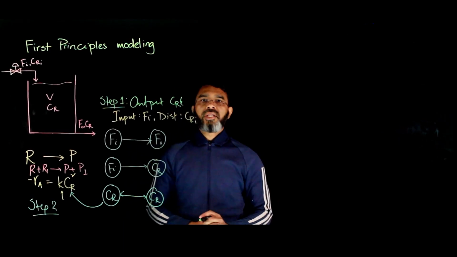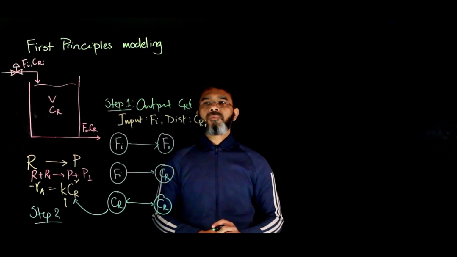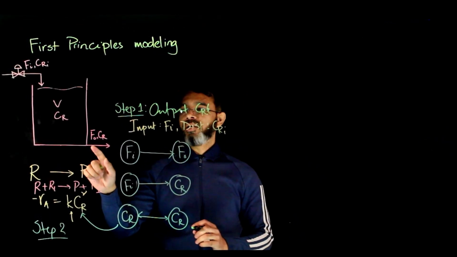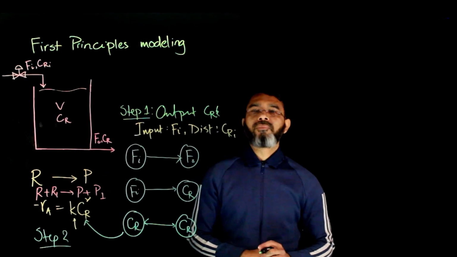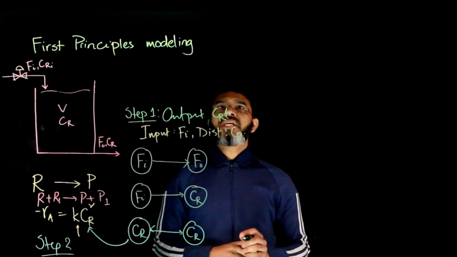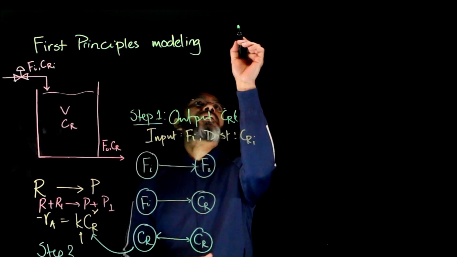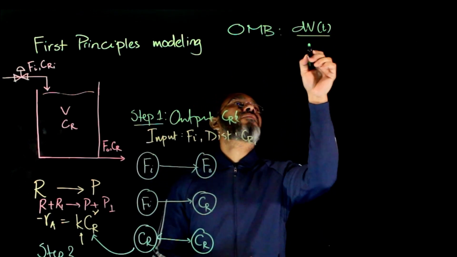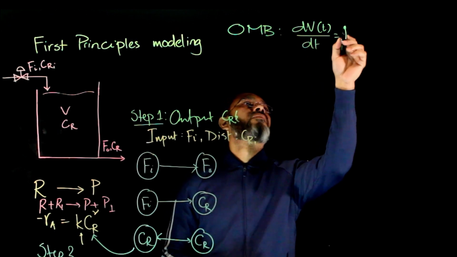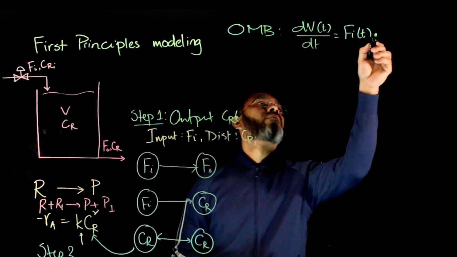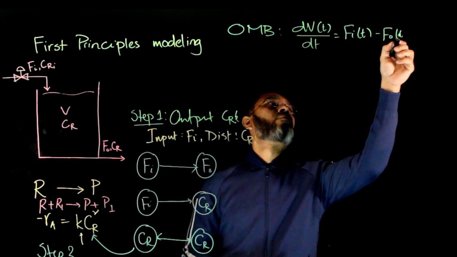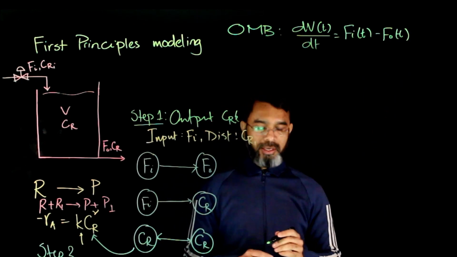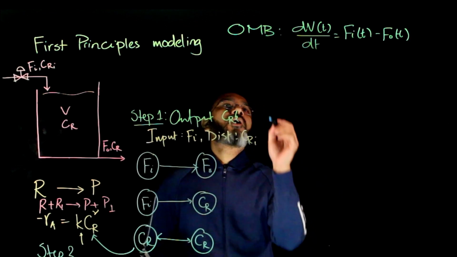Now let's consider the case of the isothermal reactor with a variable volume, meaning that for this case the outlet is from the bottom and that may be due to gravitation. Now for this case, if you write down the overall mass balance equation, you'll end up getting dV/dt equals Fi minus F. Now the component balance equation,